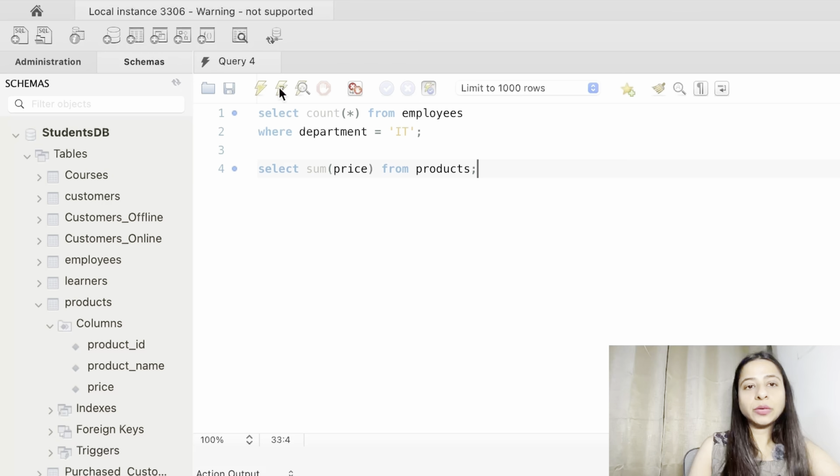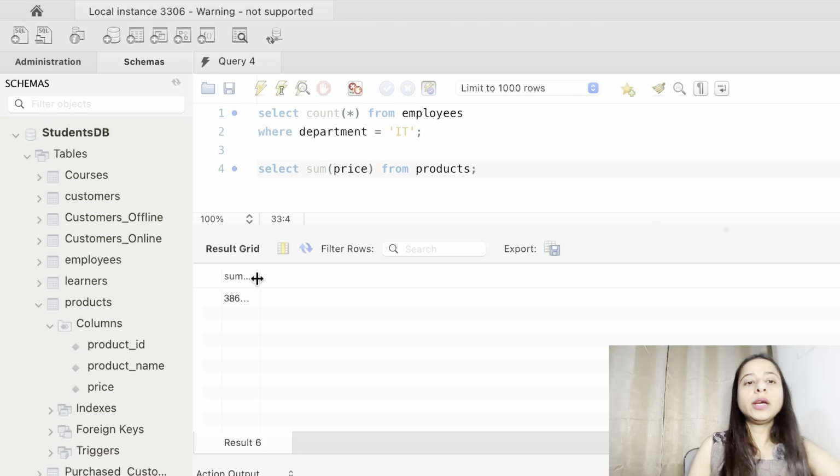Now just execute this, and here we get the sum of all of the products together, which is 3869.99.